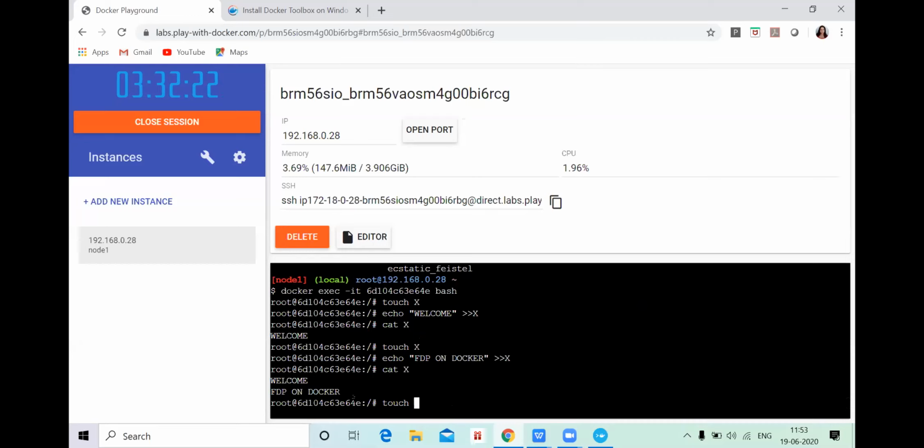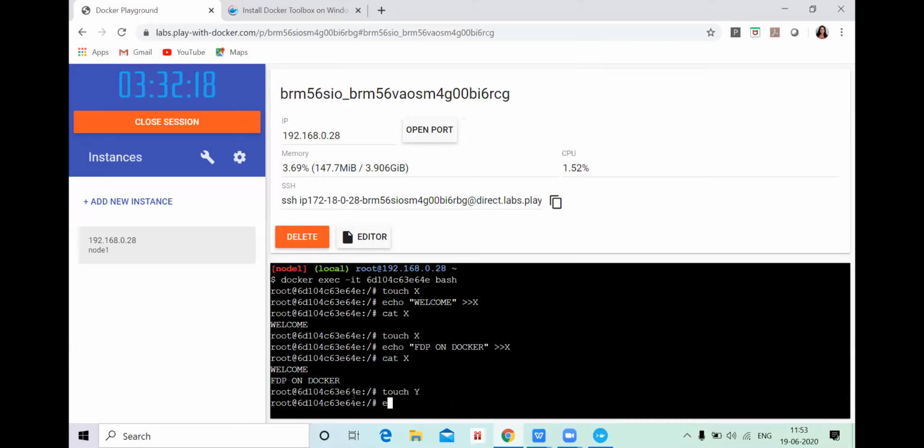Now let's write one more program quickly. Touch space capital Y. Then echo welcome to AMCEC, double quote, space, then the insertion operator.